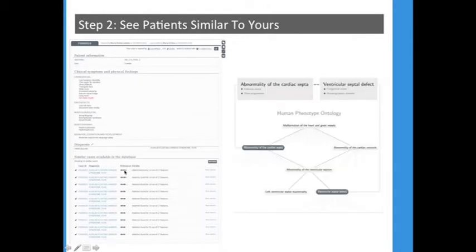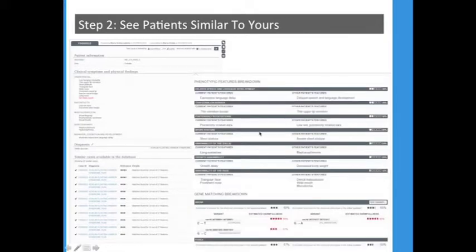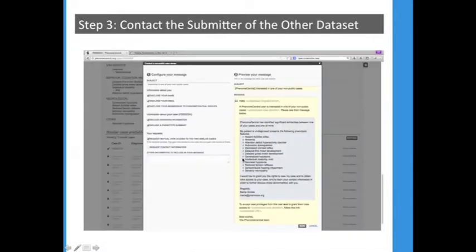And for each one of them, we compute a similarity based on the Human Phenotype Ontology and create a view which shows this phenotypic similarity as well as the genotypic similarity. So it shows the phenotypes that match, and here are the genotypes that potentially cause the disorder. And in this case, it actually is the SRCAP gene, which causes Floating-Harbor syndrome, which is where the 2 patients come from here.